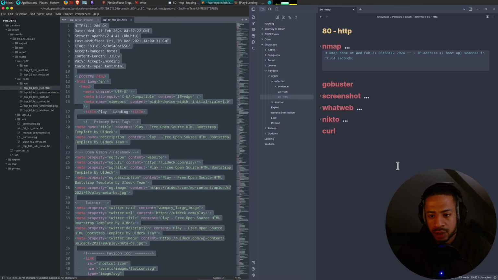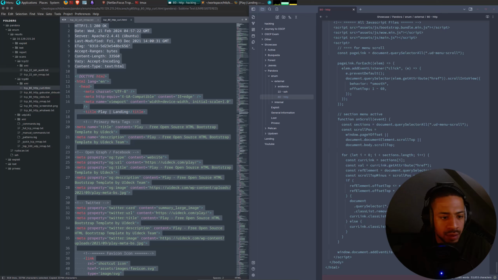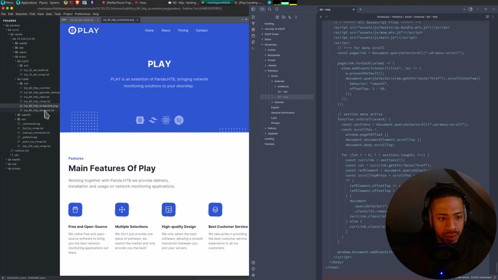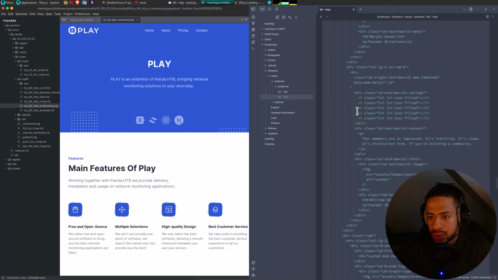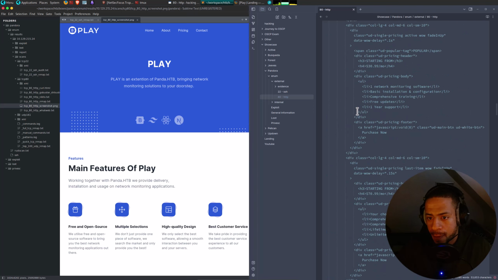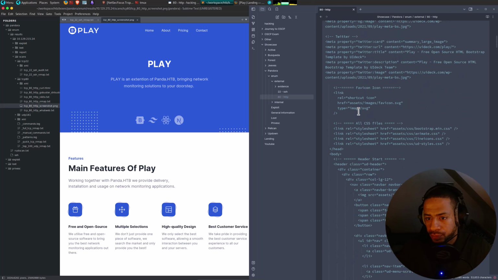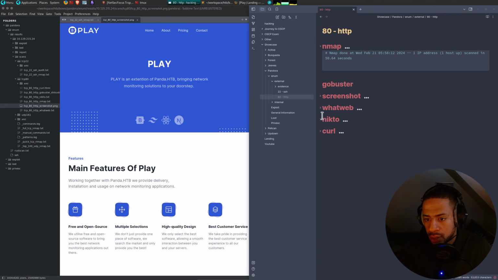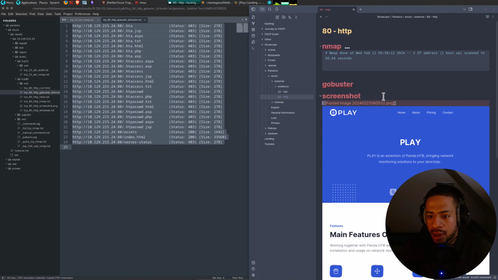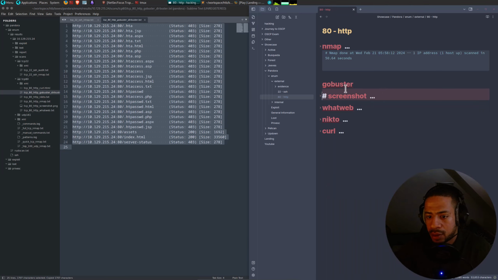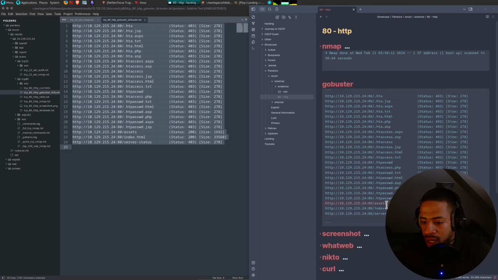Let's do the curl. Let's go up. So we got WhatWeb and GoBuster finally. Like so. What do we have in GoBuster?